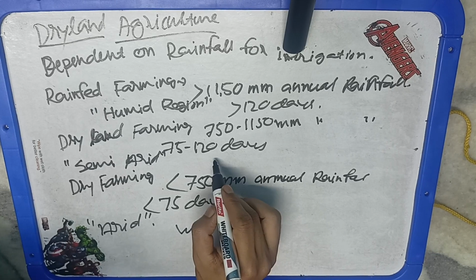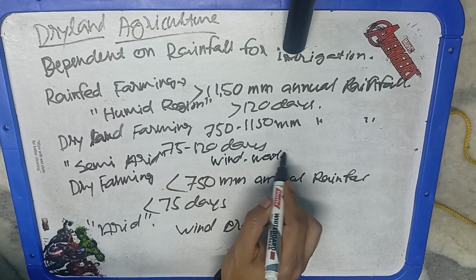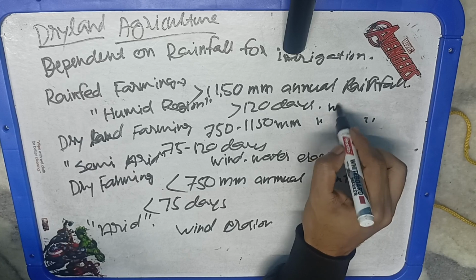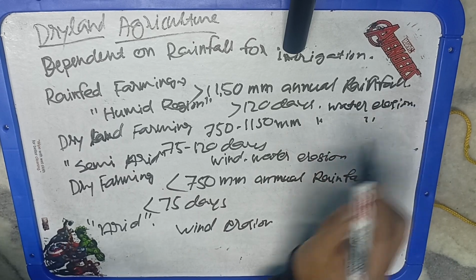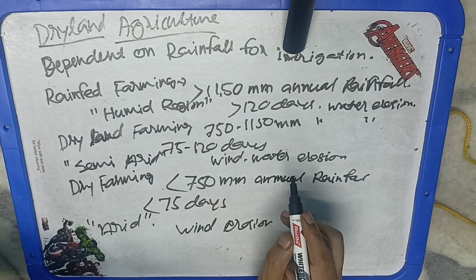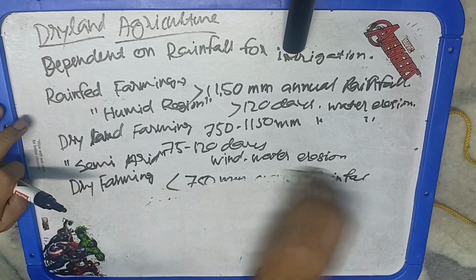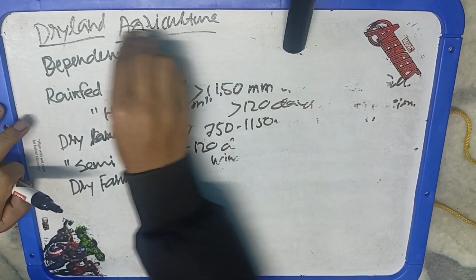Measures required: we need moisture conservation techniques to produce the crop basically. Similarly, in dryland farming we need to conserve moisture, as well as drainage for vertisols like the black cotton soils, where proper drainage is required. So this is about the classification of dryland agriculture. Dryland agriculture is basically the fate of agriculture, we can say, if we have to protect our agriculture, because rainfall is getting less day by day as a result of climate change also.